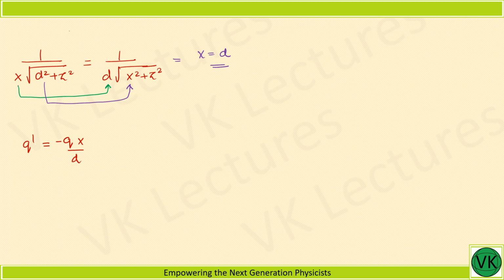And hence we have proved that x equals d, and we also know that q dash equals minus qx by d. Now substitute x equal to d here, so d by d becomes 1, and from this q dash equals minus q. So we have, for the conducting plane,